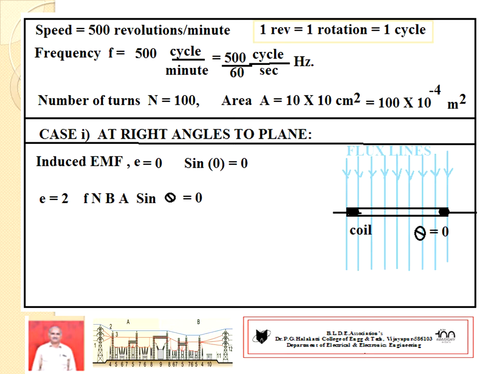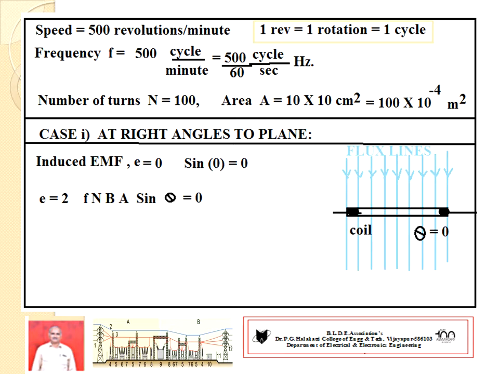Area: one side of the square is given as 10 centimeter. Therefore, square area equals 10 into 10 centimeter square. Now flux density is in Webers per meter square, therefore area should be converted into meter square. It becomes 100 into 10 to the power of minus 4 meter square. These are all things to write down.